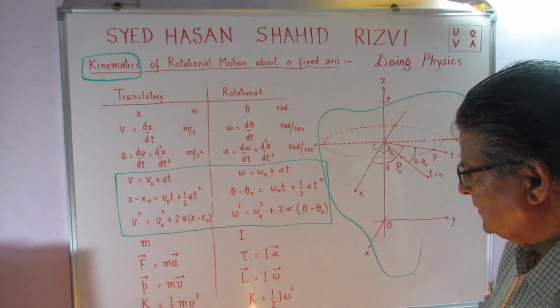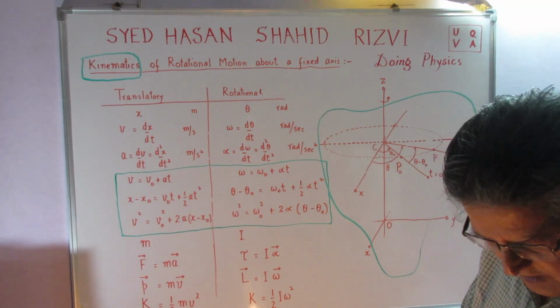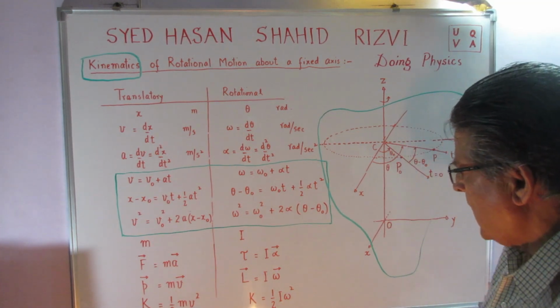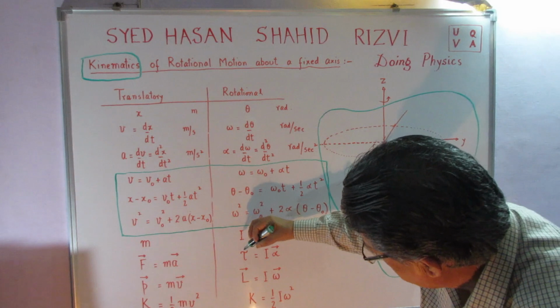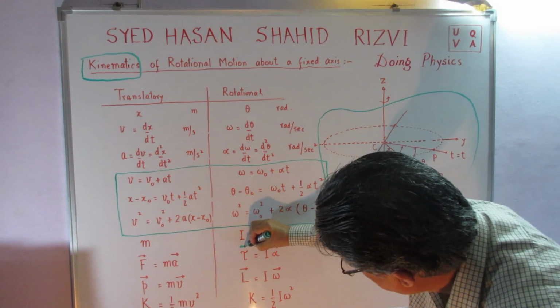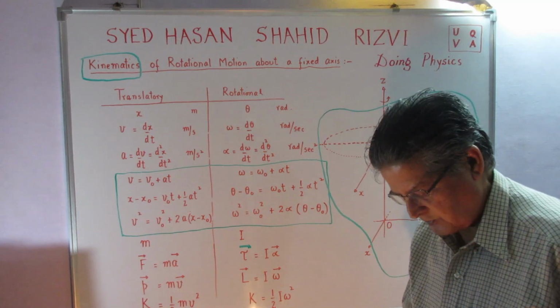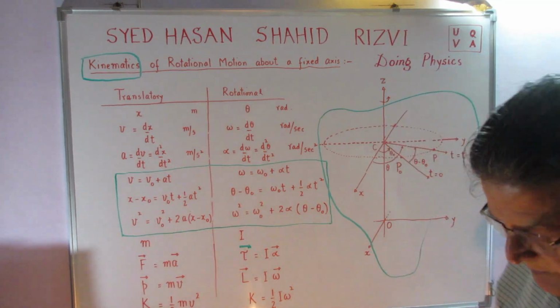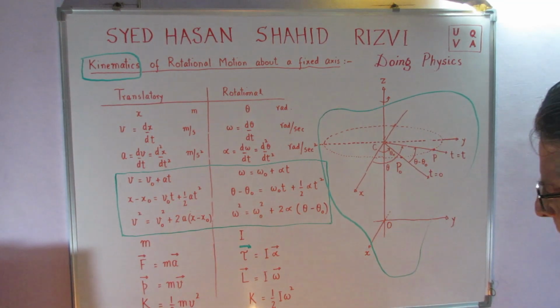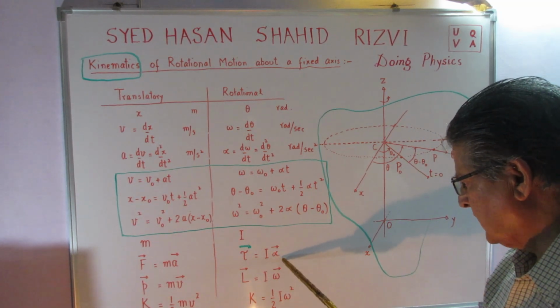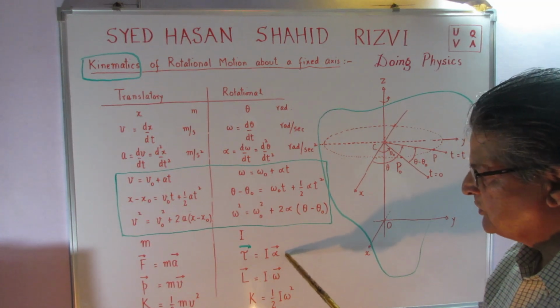So the corresponding thing over here is tau is equal to I alpha, with both sides being vectors. Torque is a vector quantity, defined as the moment of inertia times alpha, which is the angular